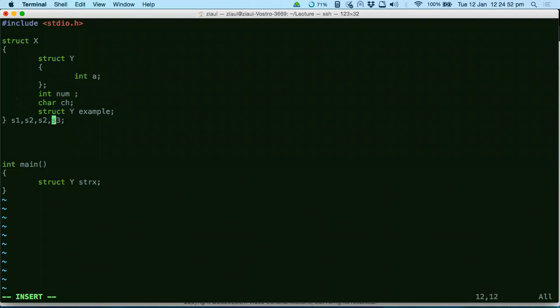So here I have created 4 variables of type struct X. Another way to create variables is by using the definition of structure later on and creating the variables. This is another way to create the same variables, S1, S2, S3, right? So these are the 2 ways to create variables. One way is to write the variables in the space between the curly brace and the semicolon, and another way is to declare these variables later on using the struct definition.